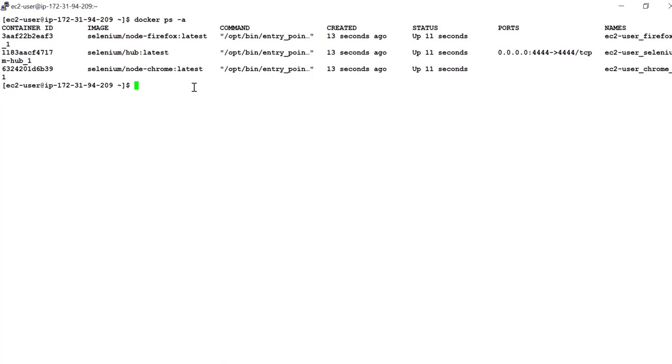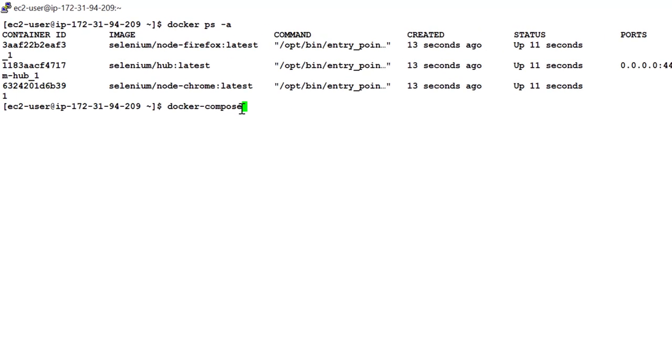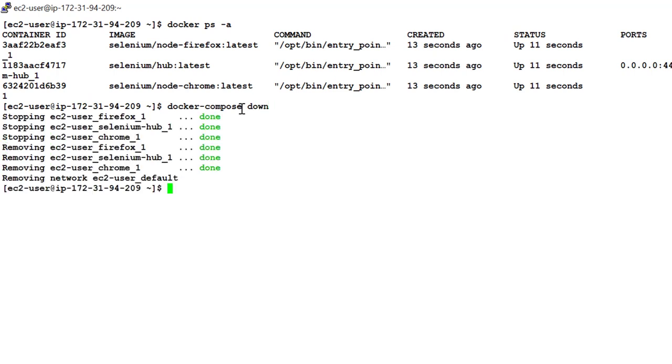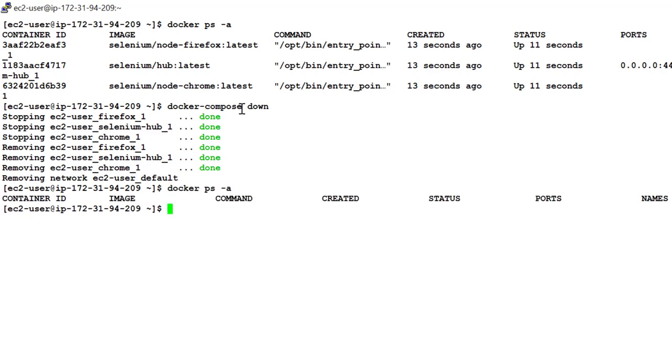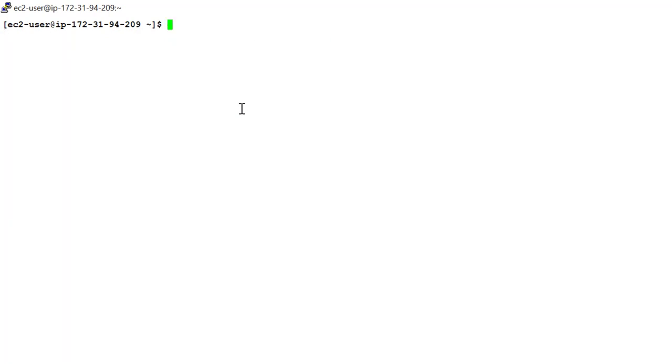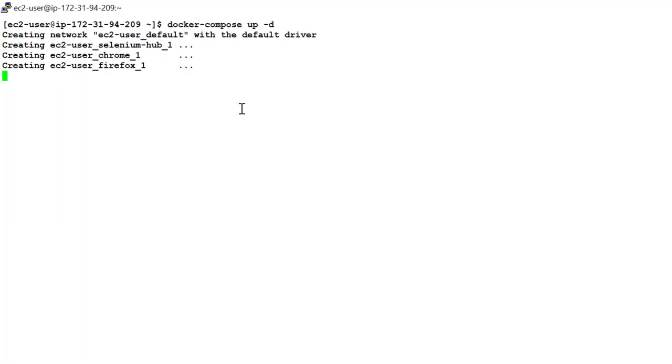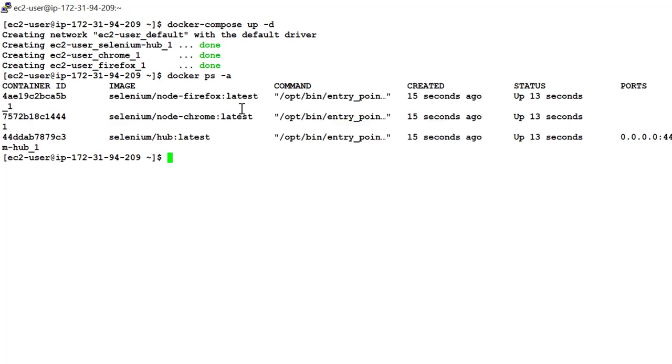In our last lectures, we saw how to use the docker rm command with the container ID, right? And with the help of docker compose, we can bring them all down together simply by using the docker compose down command. So this will stop the containers, and let me run docker ps -a again. So there is no container. So I'll run docker compose up again. And since we already had the images on this machine, it just created the containers again. I can run docker ps -a, and these are the 3 containers which are up and running.